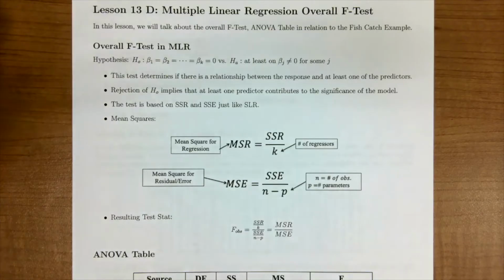In this lesson, we're going to start our discussion on inference procedures that relate to multiple linear regression. We're going to start with the overall F-test, which is going to give us an idea of how good our model is. We'll be looking at the ANOVA table. The overall F-test is going to provide us with an idea on whether there's some relation to look at the variables, or the